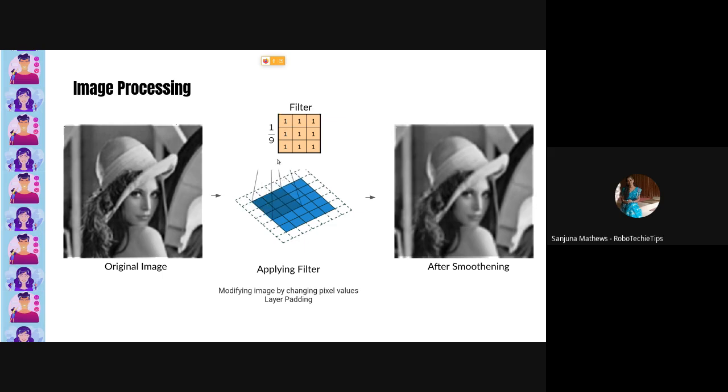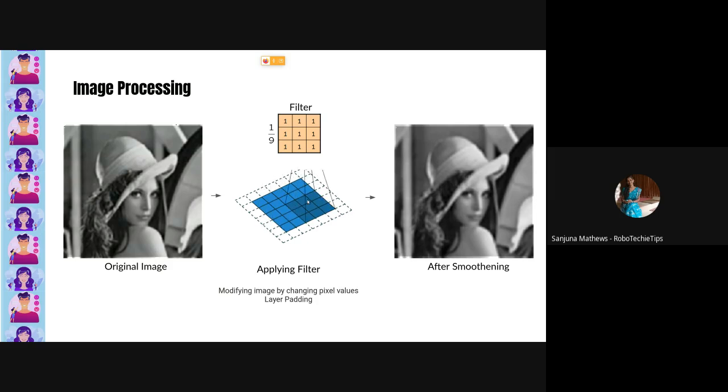There will be a matrix. This is one of the techniques for smoothing. Smoothing means blurring. So there will be a filter. I am considering an averaging filter, which is a 3 by 3 2D matrix having ones. So 1 by 9 is multiplied to it, so that when we move the filter through all the pixels in the image like this,